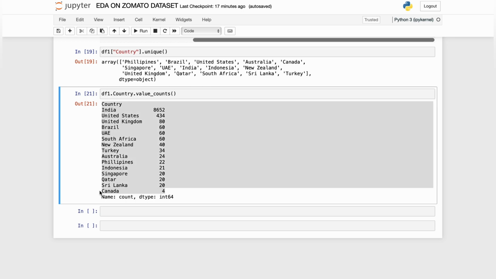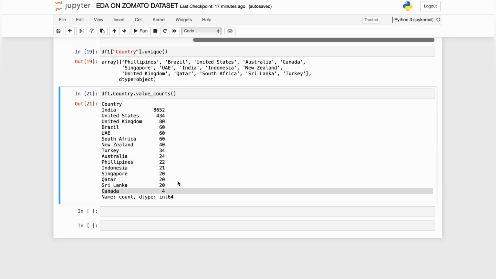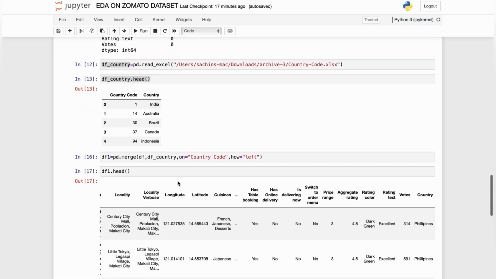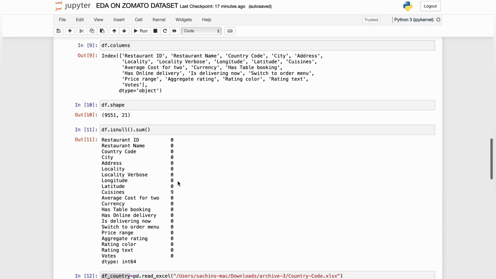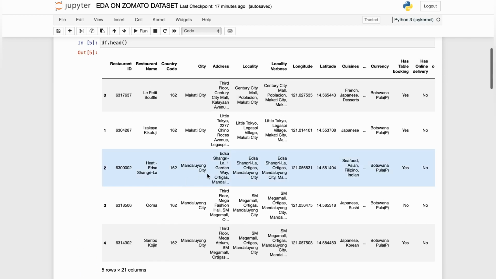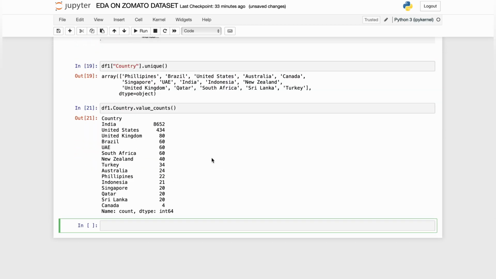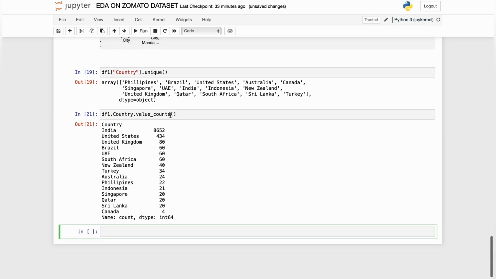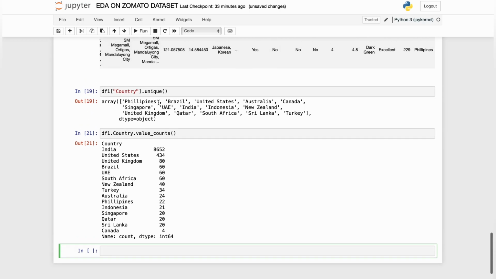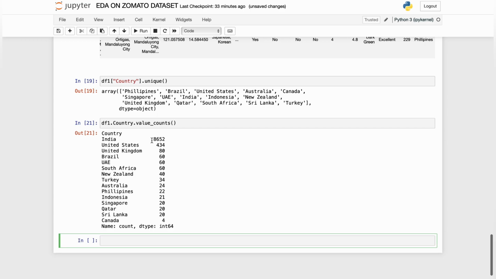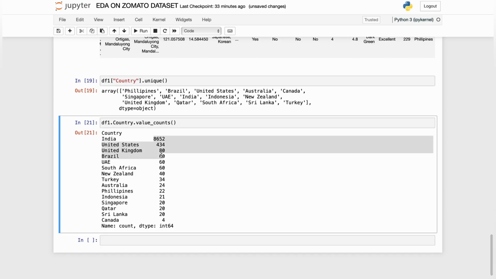Like here we have Canada, in which we only have 4 transactions a day. So this is all about the data, and in the next step we will see how to visualize the relationship between these data. Moving forward, once we are done with the basic understanding of the data, like what are the columns we have, are there any unique values in the data, and the number of transactions executing in specific countries, like here we identified that India is the country where the maximum number of transactions